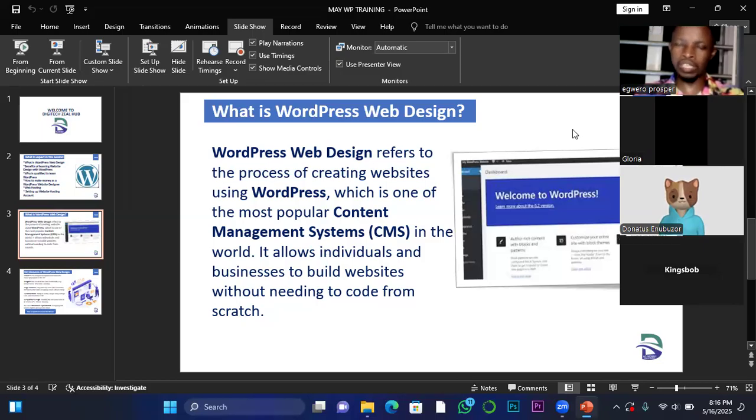So you can see I have already started telling you one of the advantages of using WordPress to build websites. It does not require writing of code. It's simply installing themes and templates and using drag and drop widgets to be able to put your entire